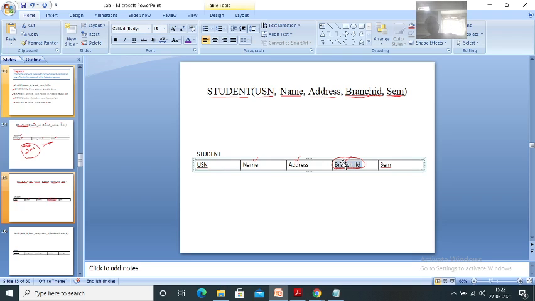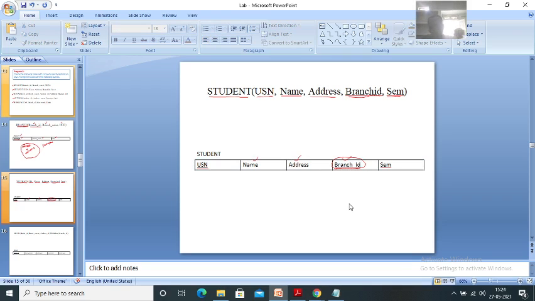The primary key of that branch table is used as branch foreign key in the student table. Okay, in a student table it is a foreign key. In branch table it is a primary key. In a student table USN is a primary key, branch ID is foreign key. Why? Because this branch ID is a primary key of branch table. Is it understood?